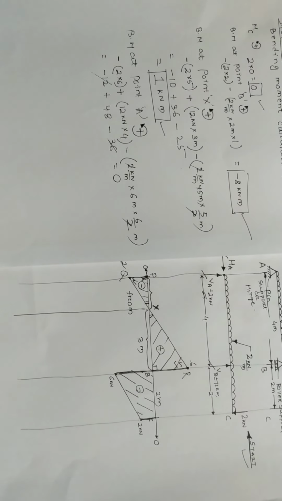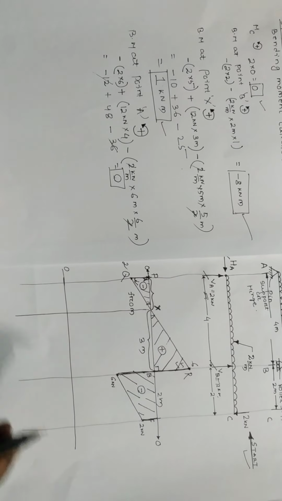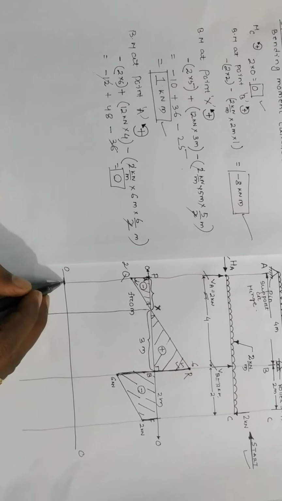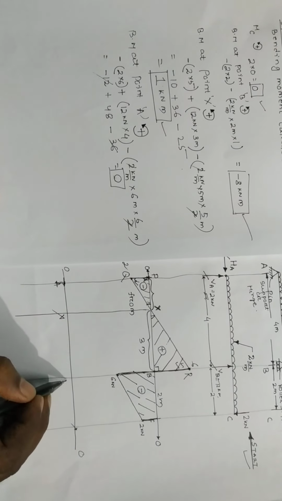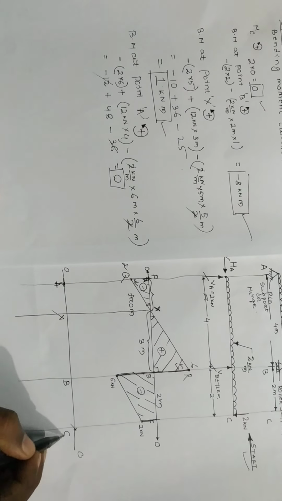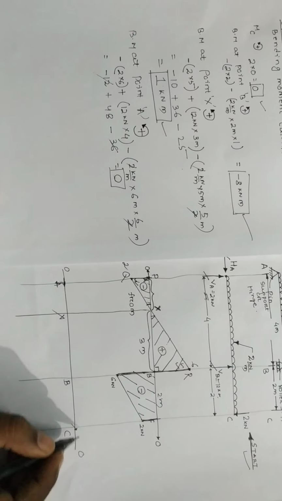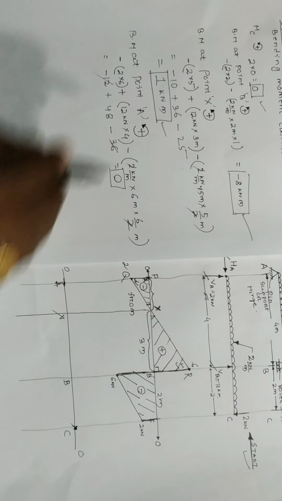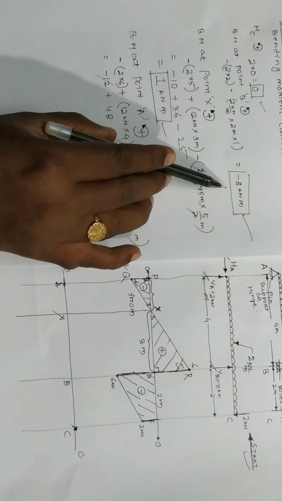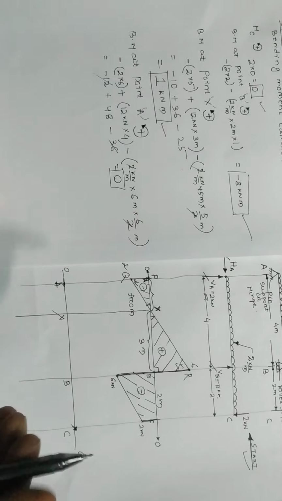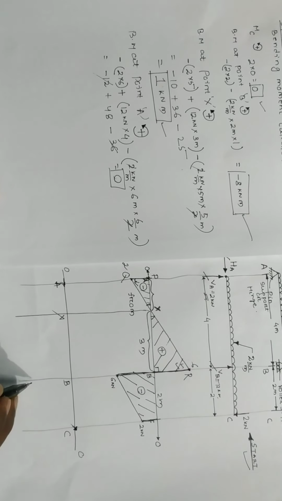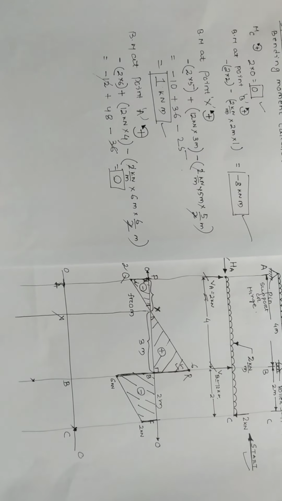Again I will draw a reference line. Okay, 0, 0 straight line. Between this straight line, the line segment, here it is A, X, B, C. Okay, here. So at C, what is the bending moment? 0. Mark it 0. At B, it is minus 8 kilonewton meter. At B, minus 8 kilonewton meter means downward direction. Here it is.